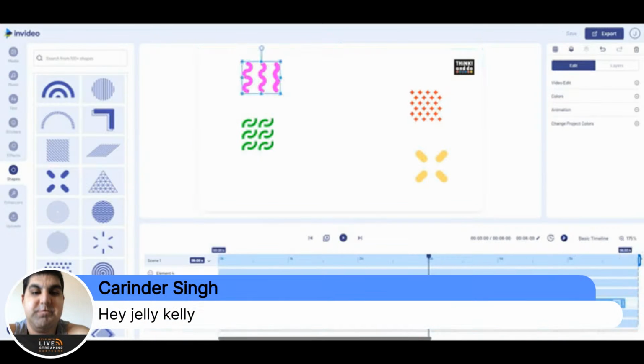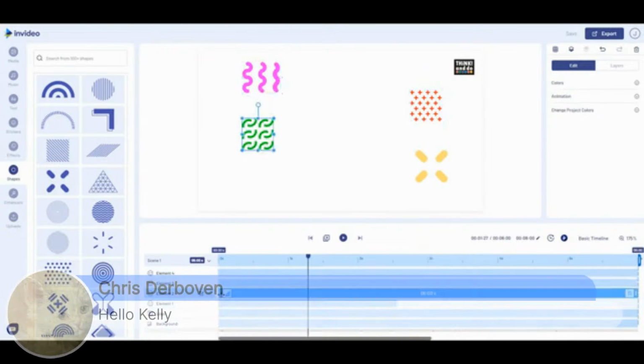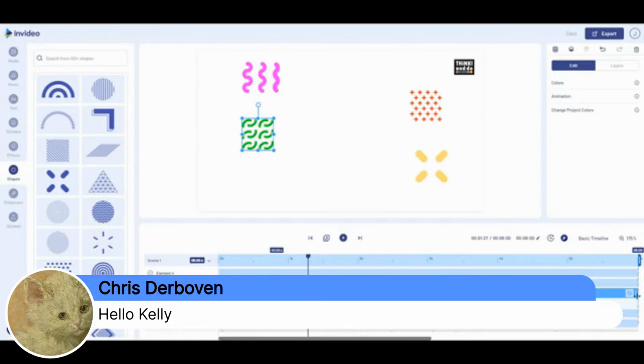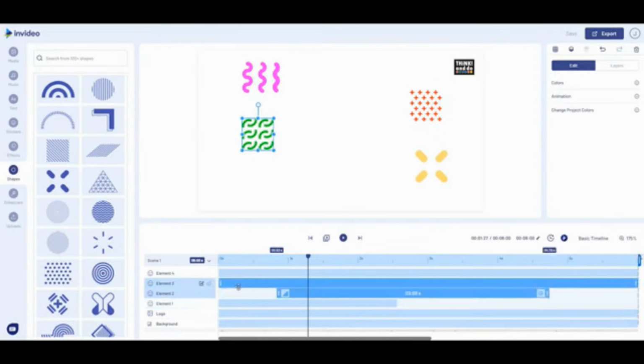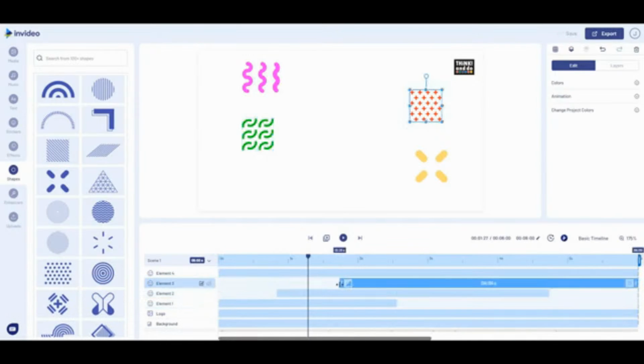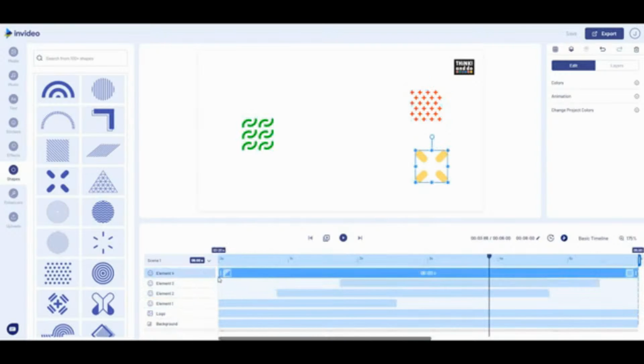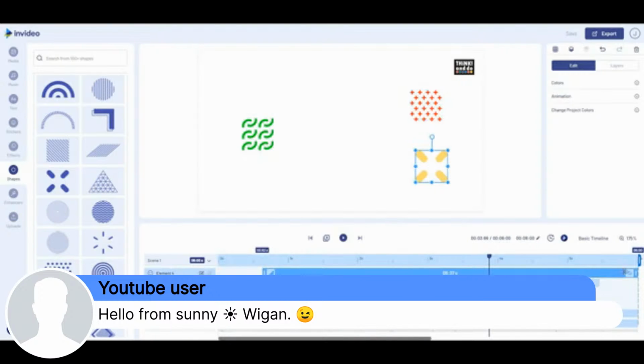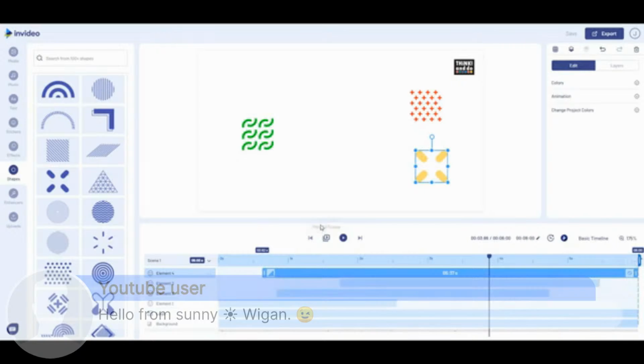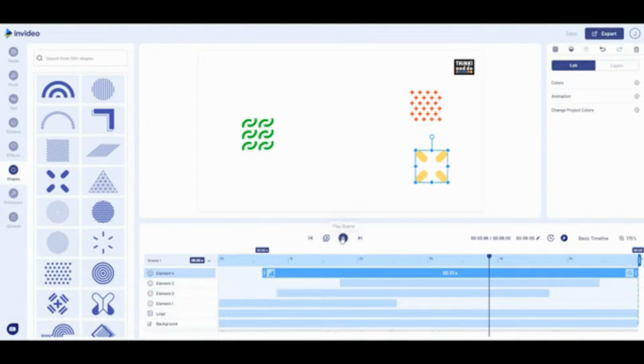So let's make that one stay on for a short length of time, make that one come in a bit after, and we'll make that go there. Let's randomly bring that one in there, and let's take the last one and randomly bring that in there, and we'll leave that one all the way to the end. So now if we play the scene,